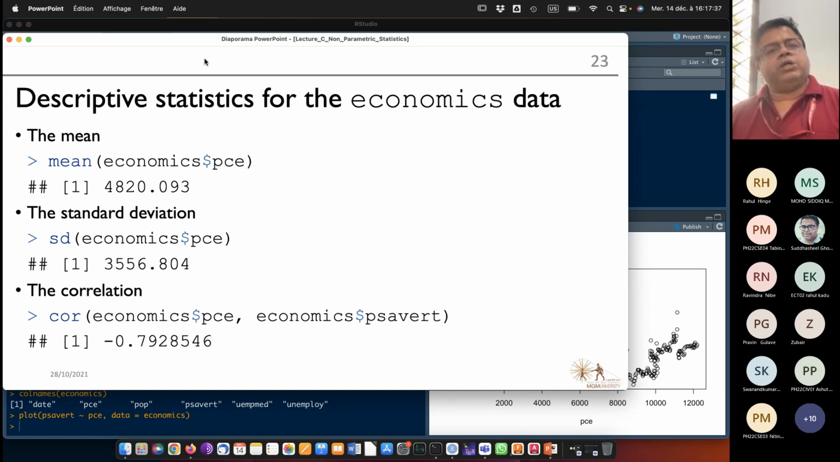All right, so let us go back to the presentation. We have got descriptive statistics for the economics data, and we can use the mean command and the SD command. SD means the standard deviation, and we have got the correlation. Remember, the correlation of any two quantities varies between -1 and +1. If the absolute value of correlation is greater than 0.8,